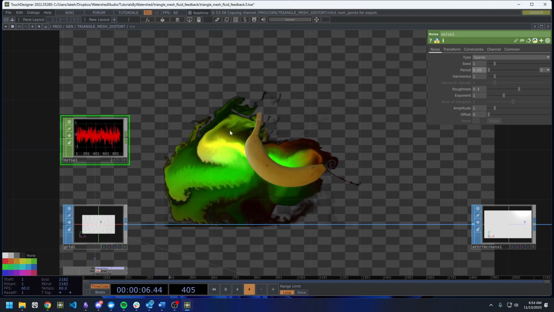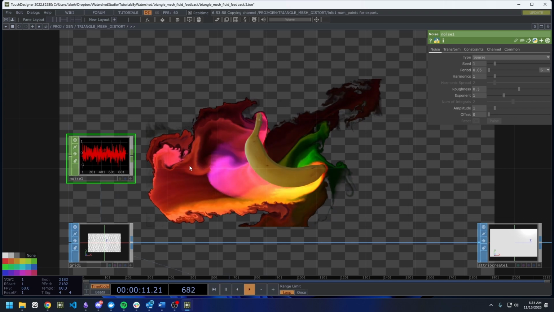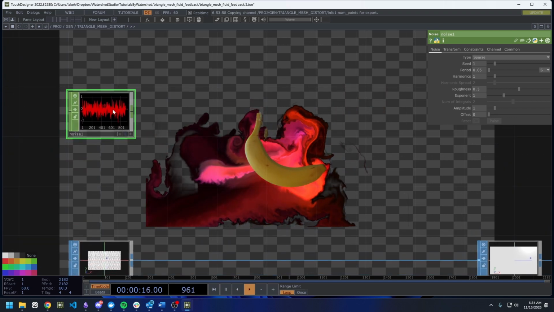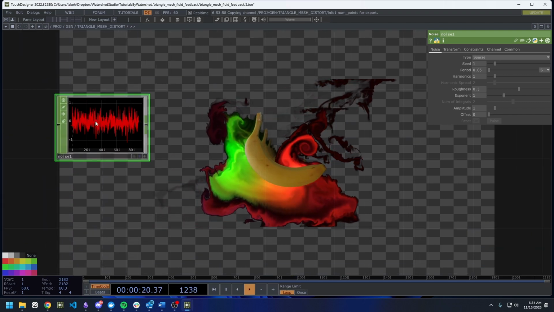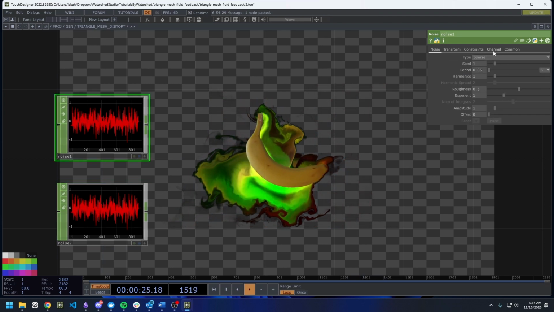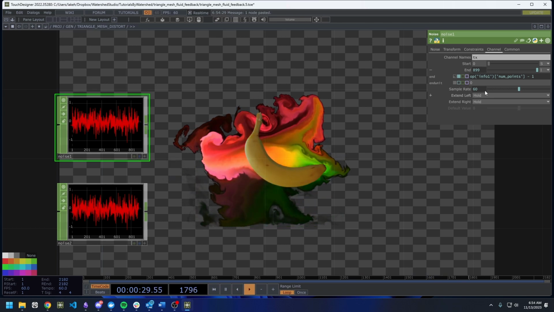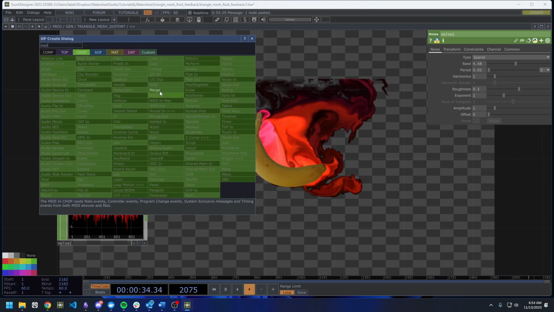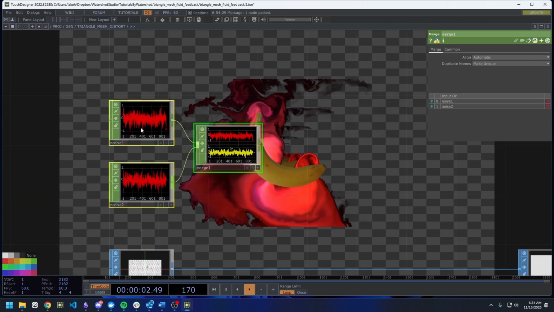Now this noise period we want very small. And then what we can basically do is just take one for ty, one for tx, change the seed, merge these two together,